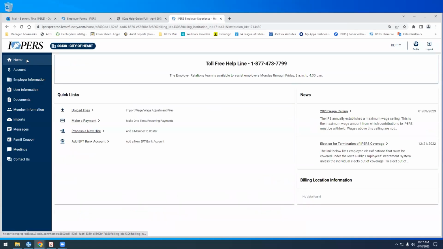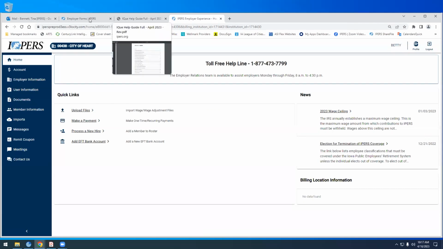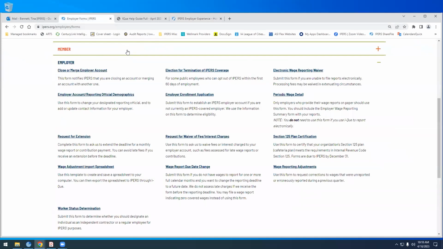Now, we are not going to be demonstrating adding a new user or deactivating a user. It is available to you in your IQ Help Guide. We just recommend that you use the form and submit that to us. So if you're new to IPERS and you're a new reporting official or you need to make changes, you'll just want to go over to